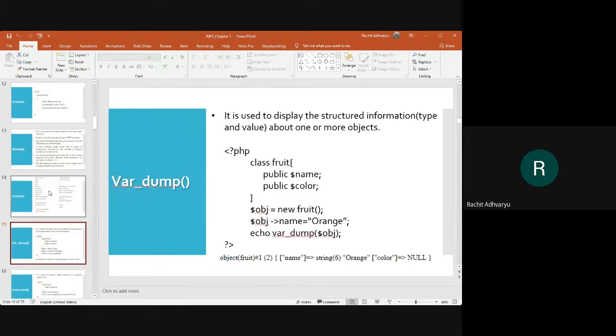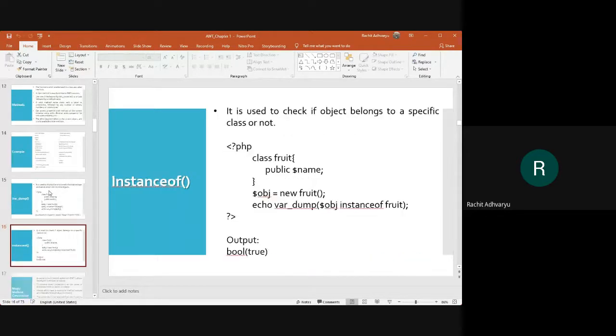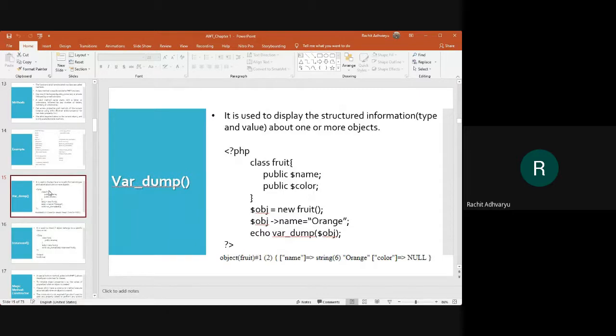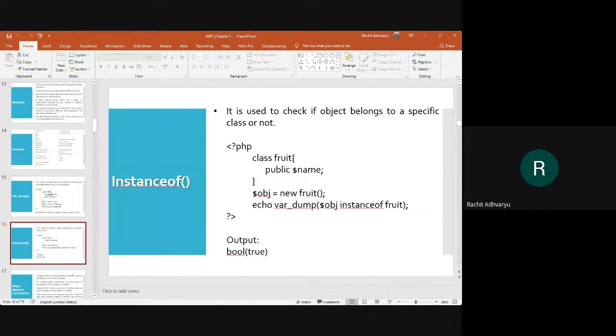Then we have two components that give us details about the object, var_dump and instanceof. var_dump is going to provide what type of values have been stored in the object, while instanceof is going to give us true or false whether the object of a particular class has been created or not. So these are the two more components of OOP PHP where we can work with different objects.